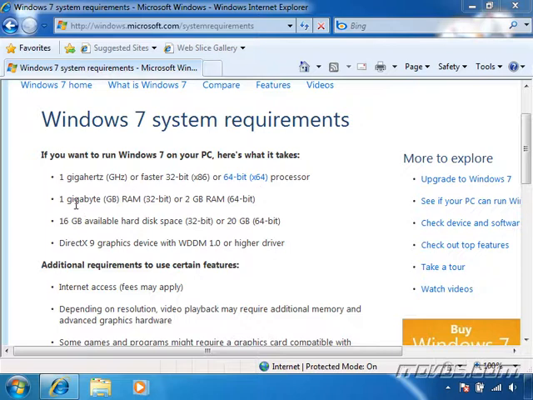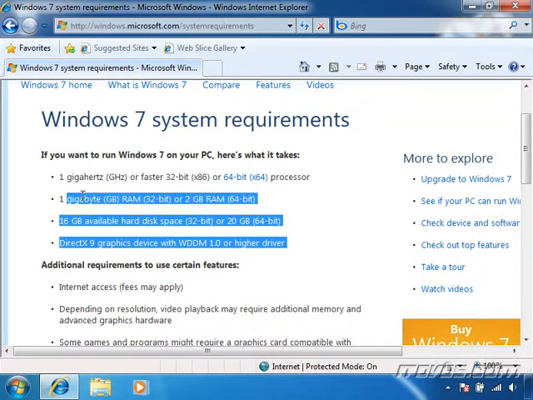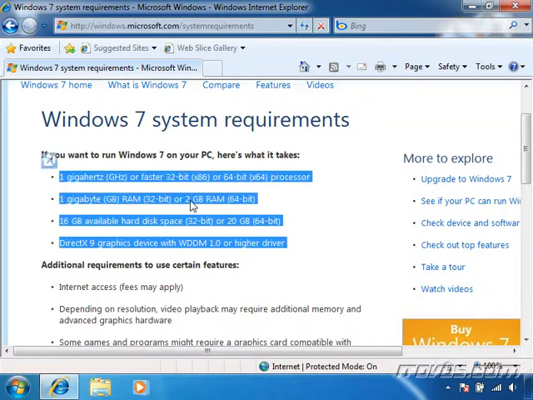The next requirement is it needs at least 1 gig of RAM for the 32-bit version of Windows 7 and 2 gig of RAM for the 64-bit version of Windows 7. You're going to need 16 gigs of available hard disk space for the 32-bit version or 20 gigs for the 64-bit version. You're also going to need a DirectX 9 graphics device with the WDDM 1.0 or higher driver. So these are going to be your main system requirements that you need to have in order to install Windows